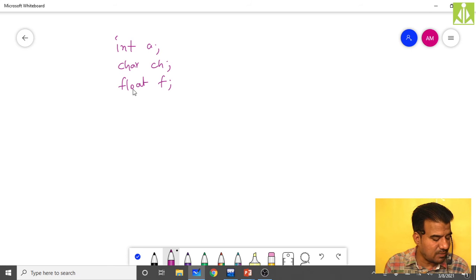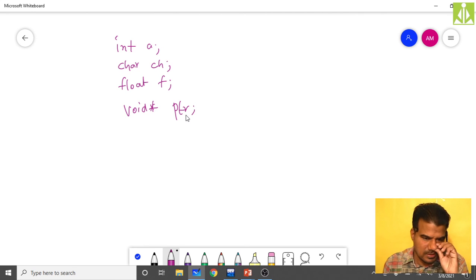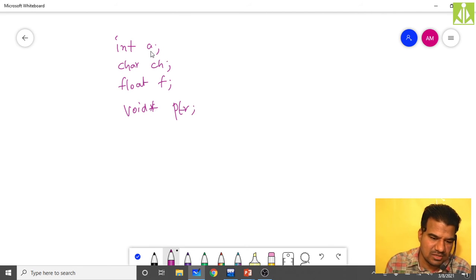So I'm declaring a pointer, let us say void star ptr. Now this ptr is capable of holding a's address, ch's address, f's address. It can hold all these addresses.